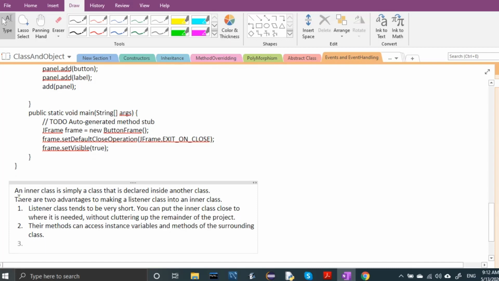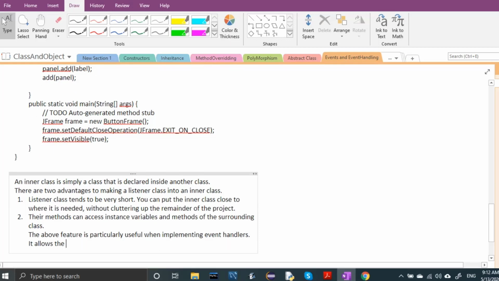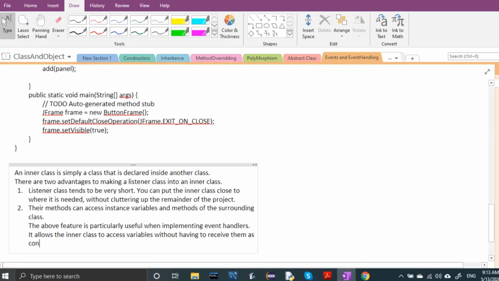So the above feature is useful when implementing event handlers. It allows the inner class to access variables without having to receive them as constructor or method arguments.